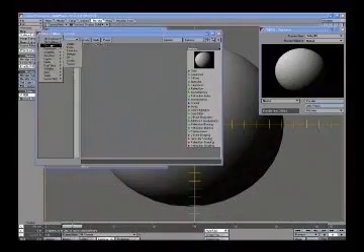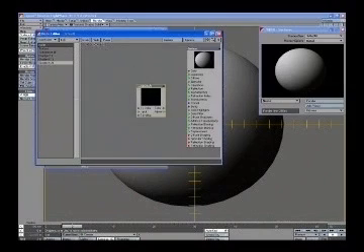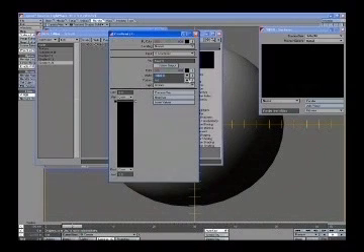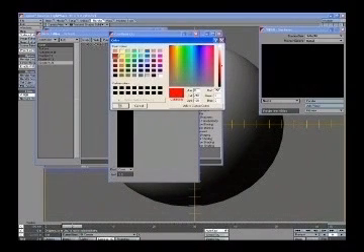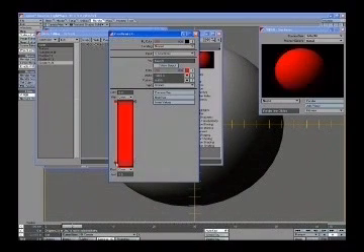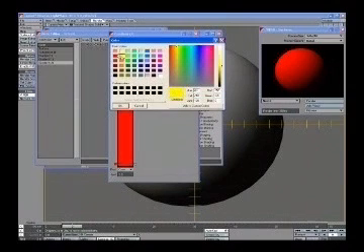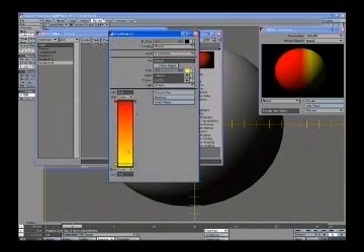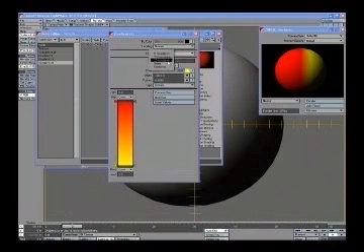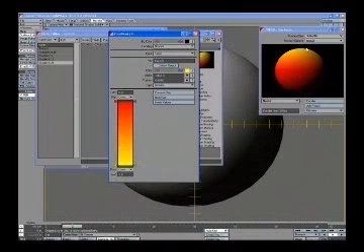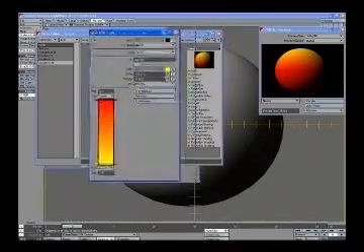Okay? So let's add another gradient. And I'm going to feed that into color. And let's set up something like red to yellow. I'm using all my primary colors today. Okay? So I'm going to go ahead and set that to slope. So slope is going to hit the top, and as it fades down, I can change it just by moving the position of the key. Okay? But one of the things that I couldn't do, and I still can't do in the layer system,